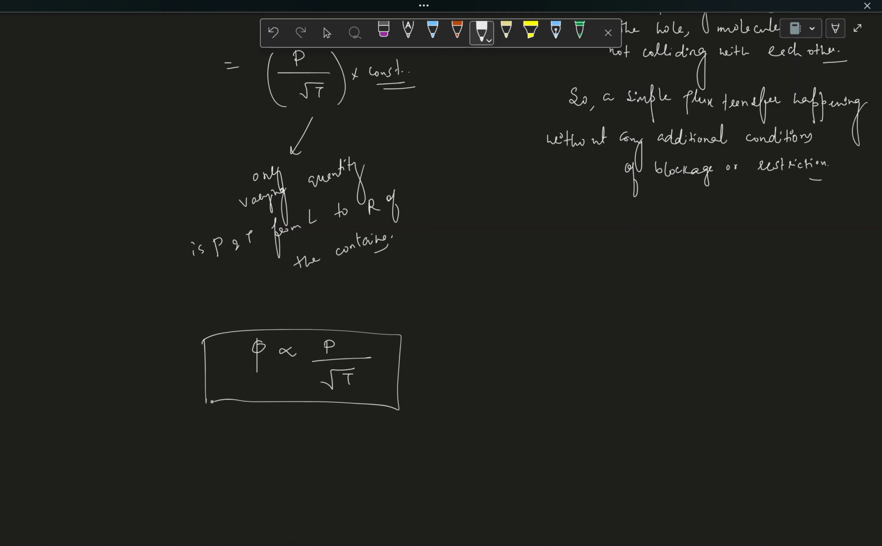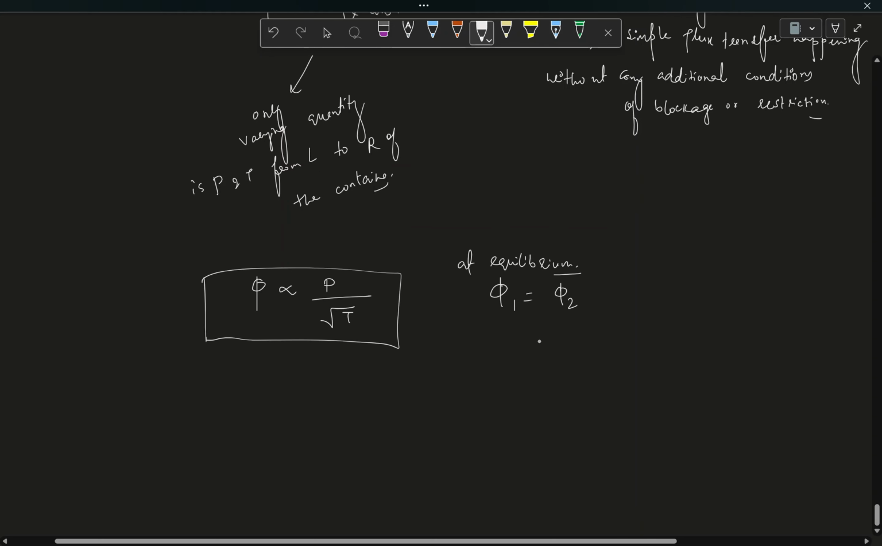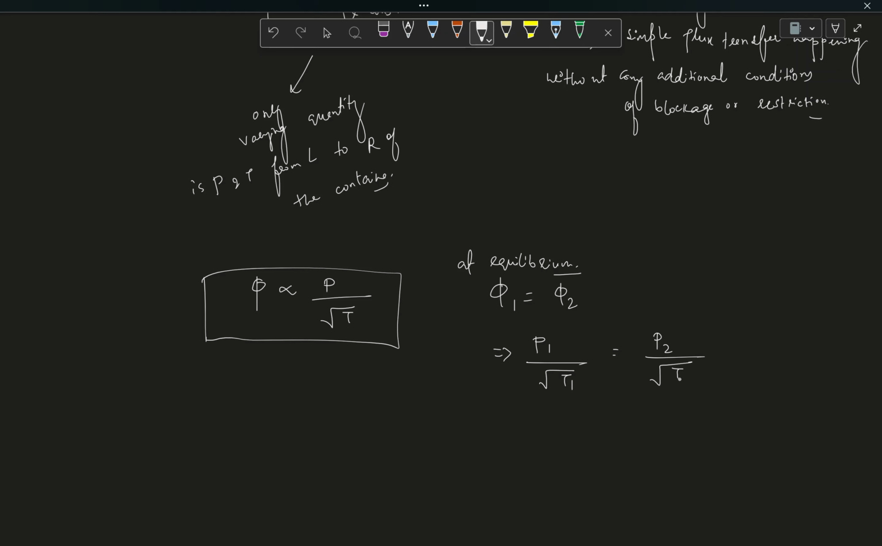So if that is the case, then obviously the equilibrium condition is phi 1 equal to phi 2 at equilibrium, when the flux from one side to the other side is constant for both parts. And then it means P1 by root over T1 is equal to P2 by root over T2, because flux is proportional to this. So if phi 1 equals phi 2, that automatically means P1 by root over T1 equals P2 by root over T2. So this is the condition